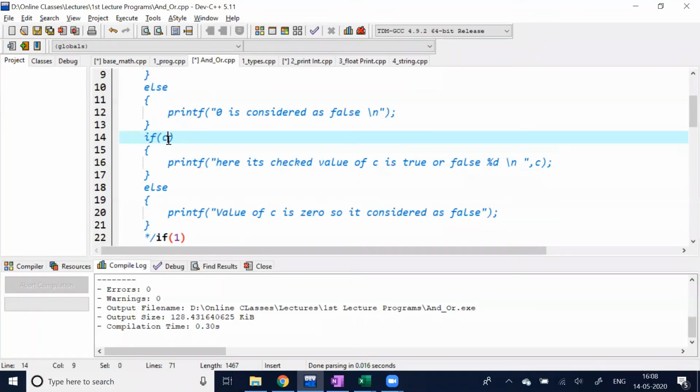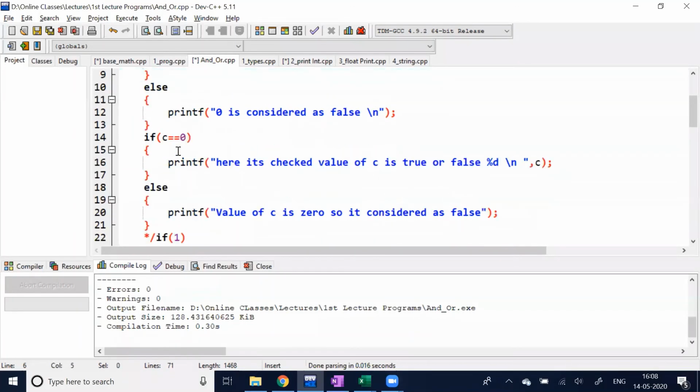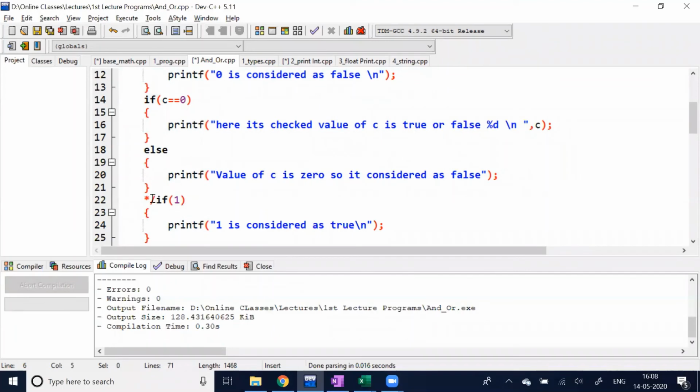If I write it like this, if c double equal to 0, in that case 0 double equal to 0, we are checking if 0 is equal to 0, we say yes, 0 is equal to 0, that condition is true.